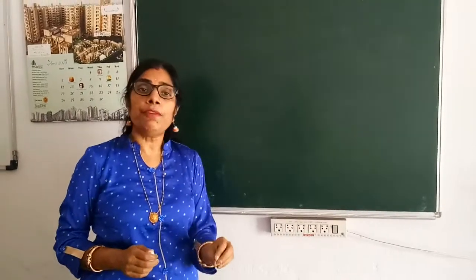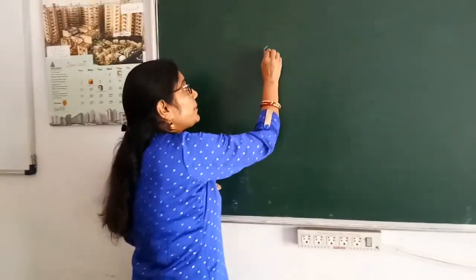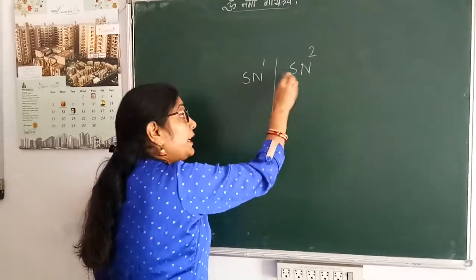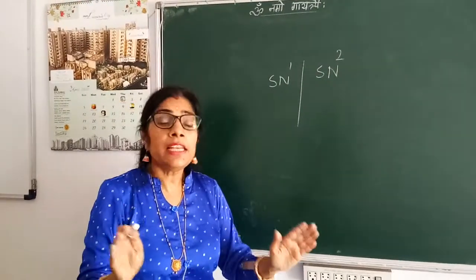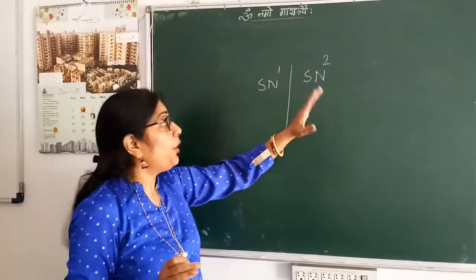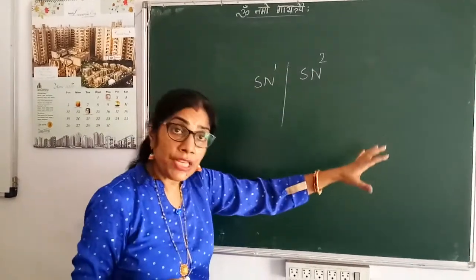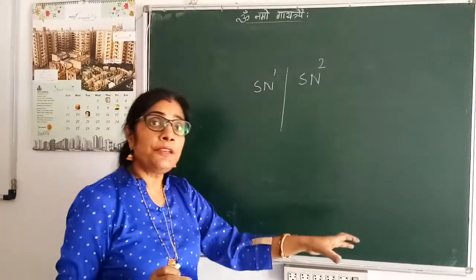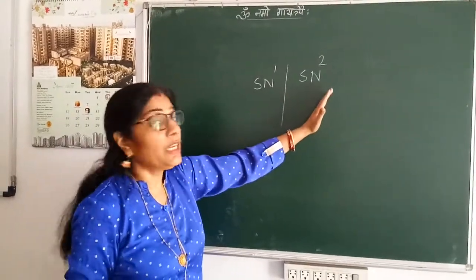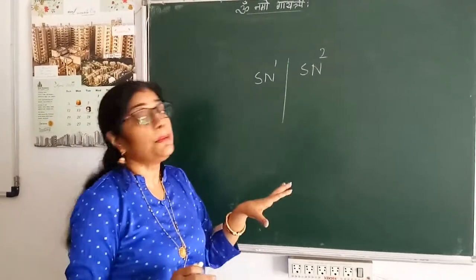Emphasis must be given to the types of substitution, that is nucleophilic substitution, especially SN1 and SN2. The differences I have very categorically specified, my dear students, that SN1 is first order, SN2 second order. In SN1 the intermediate is a carbocation, in SN2 a transition state is formed. In SN2 Walden inversion is there, and in SN1 racemization is there. Here the product would be optically active, but in SN1 optically inactive. Their stereo mechanism as well.